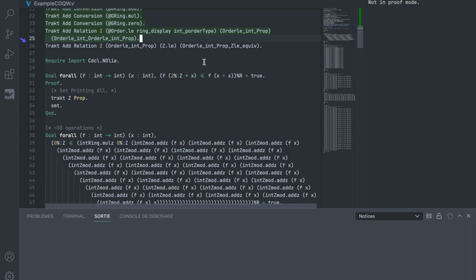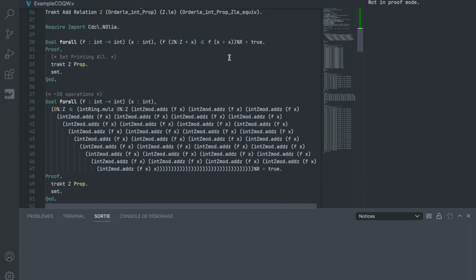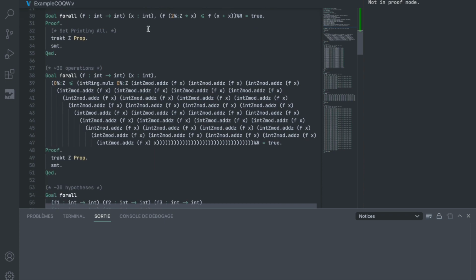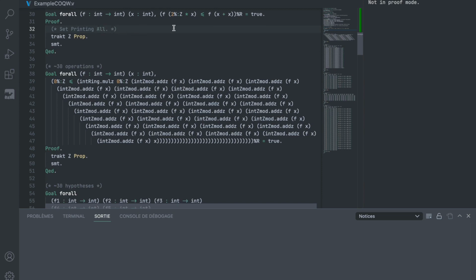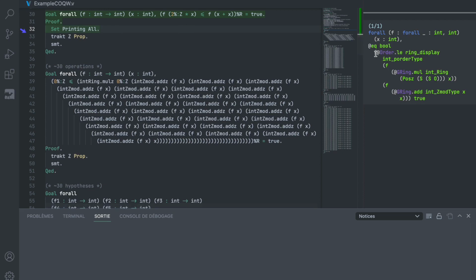We can add the relation on orderings and then import an SMT solver. So I chose iToto, but I could have chosen SMT Coq as well. It also works. Now let's take an example of goal, which is close to what I have shown in the slides. Here I can set printing all to make sure you see the various complex relations and projections on structures